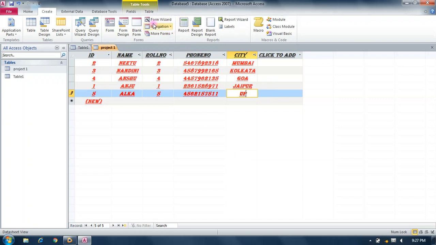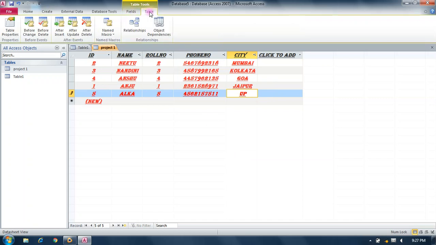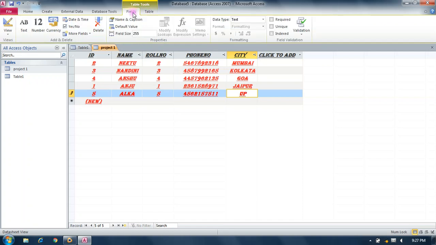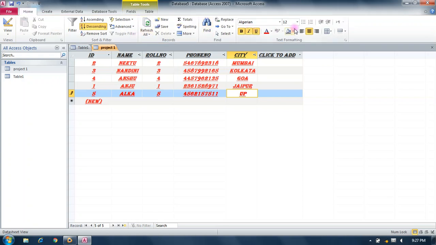And when it is selected, it opens table tools, table styles, fields, different fields. Or from home, you can change your style of view.